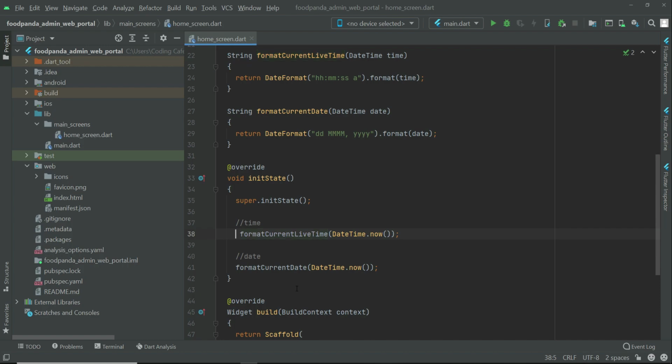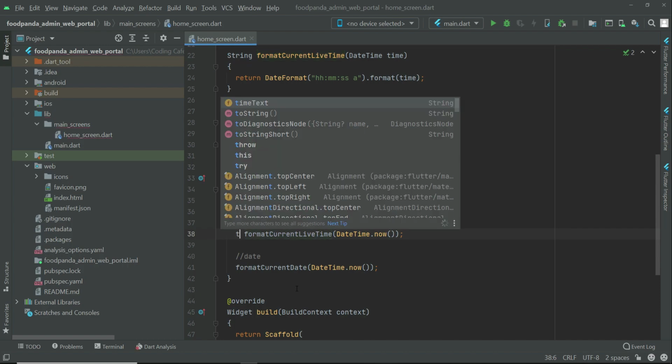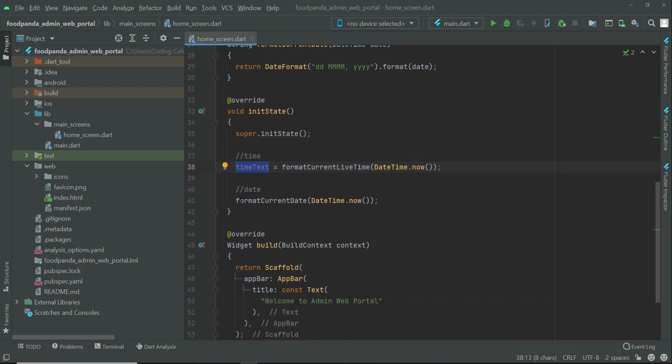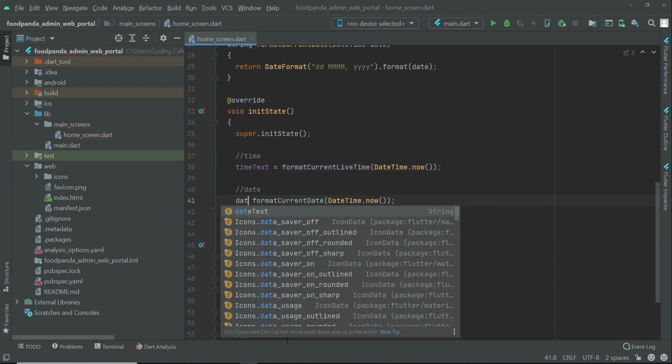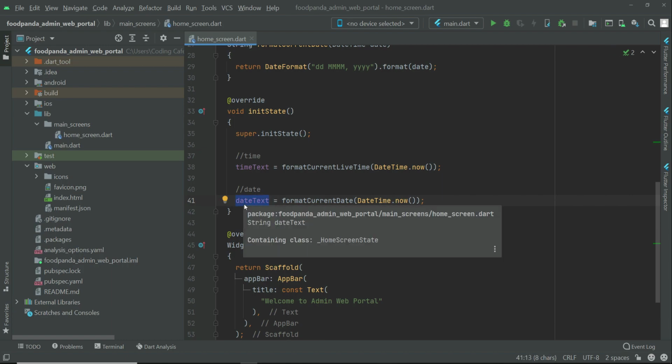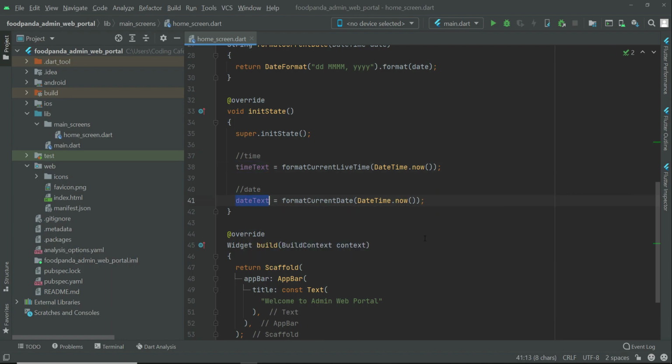So that's why here we will assign this to our timeText. So now timeText basically has the current time, and then same goes for the date. We will say dateText has now the date,